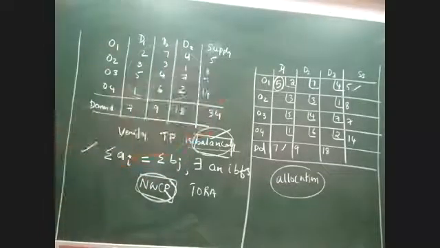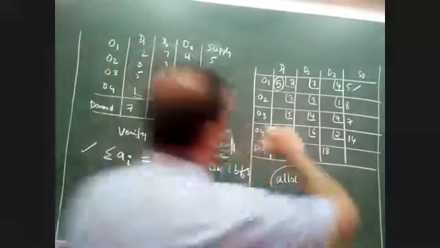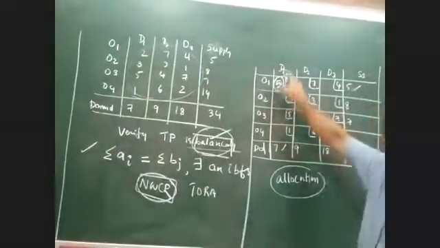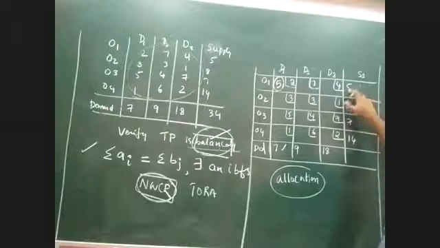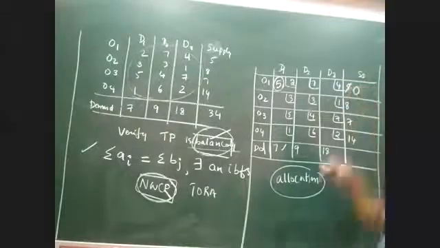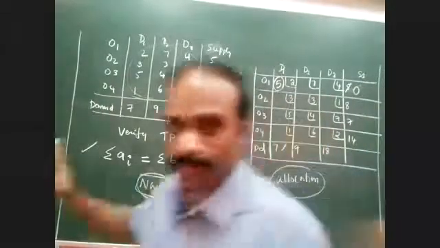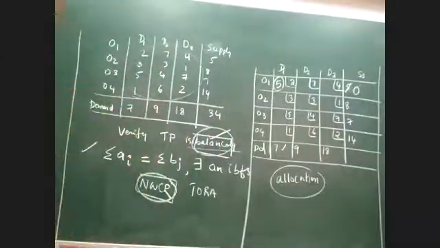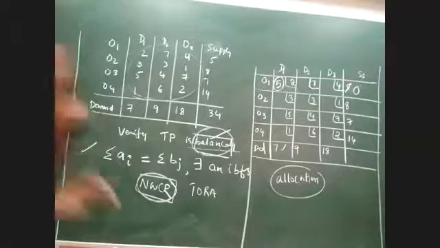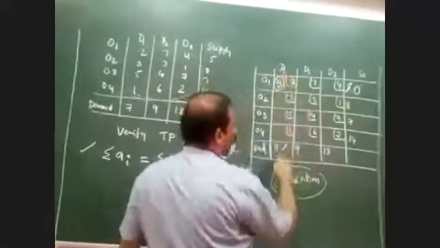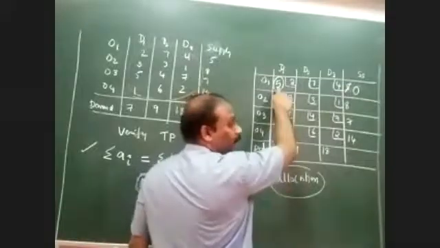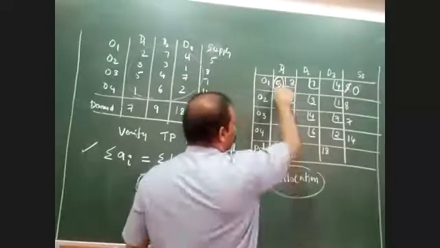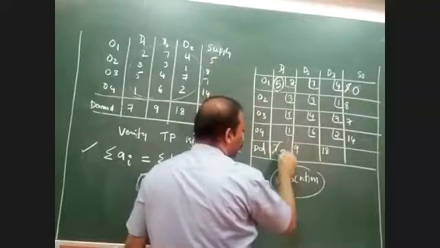Okay, your 5 allocation there doesn't end the problem here. After you do the allocation, the next important step is, once this 5 allocation is done from O1 to D1, this 5 becomes 0 because there is nothing to give anymore. That supply is exhausted because already you have transported 5 consignment. Not only that, you should also subtract demand. Out of 7, I have already fulfilled 5. Therefore, 7 minus 5, this value will become 2.